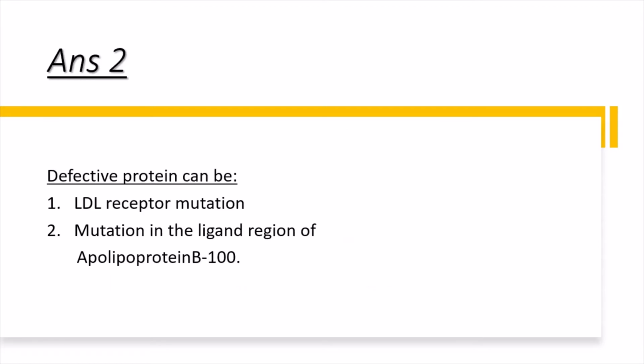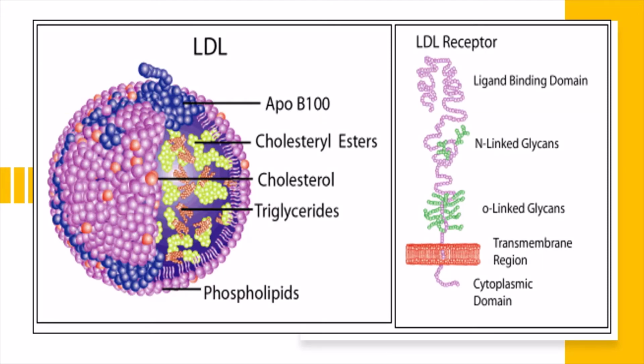Now let's see question number 2. Which protein is most likely to be defective in this patient? It can be, one, LDL receptor mutation, which is much more common as compared to the second cause, and that is the mutation in the ligand region of apolipoprotein B100. So either there is a defect in the receptor, or it is the mutation of the ApoB100 part of the LDL. In both cases, LDL in circulation will increase because LDL will now not be able to bind